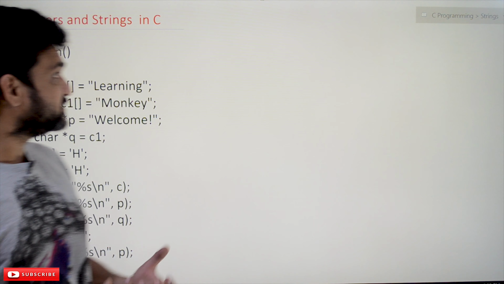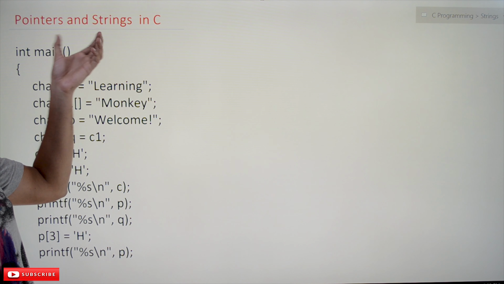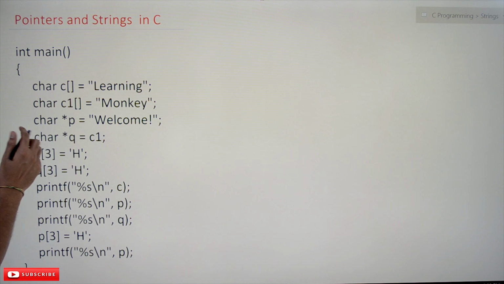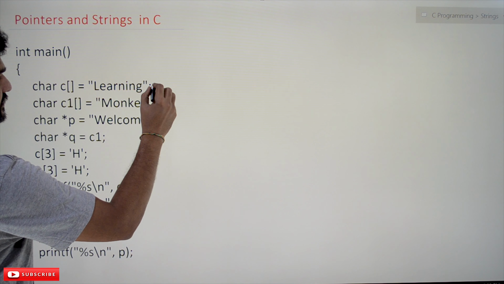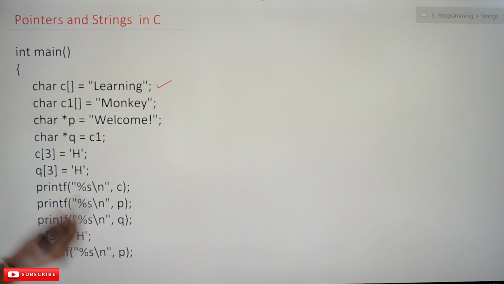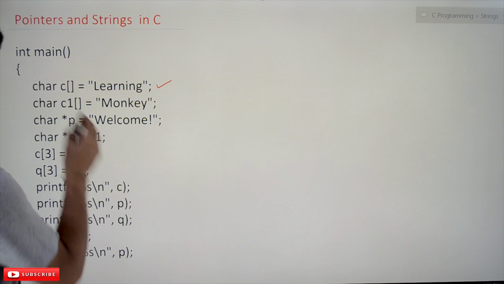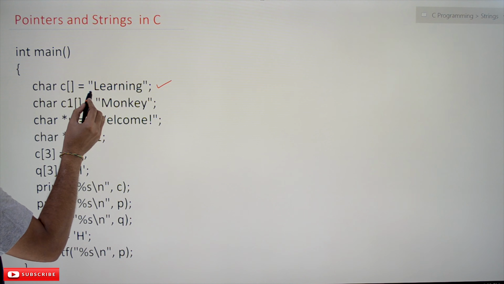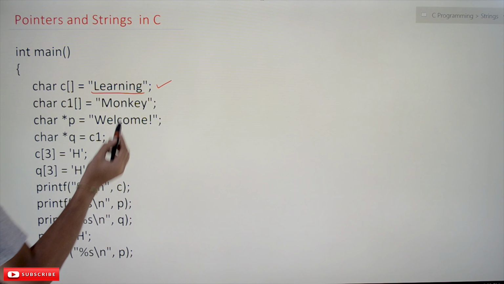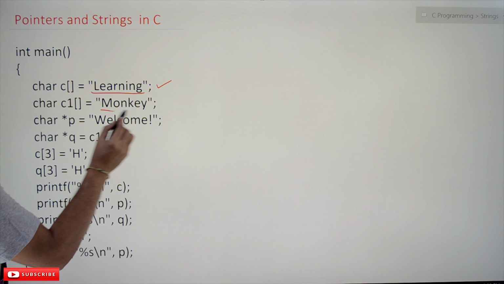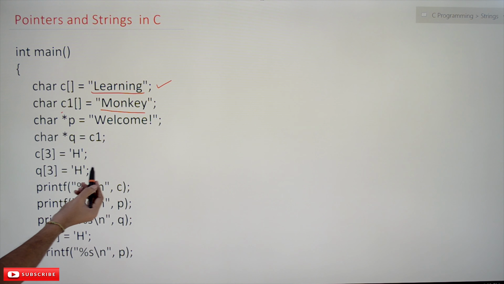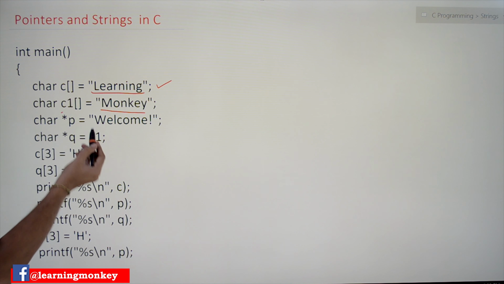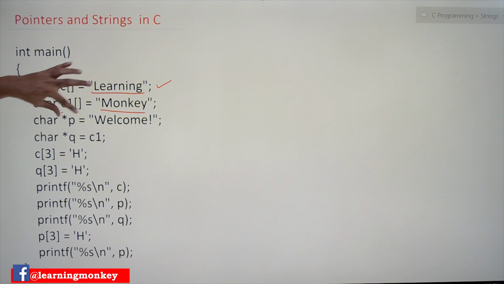So let's try to understand the concept of pointers and strings with this example. In this example, we have created a character array, in the sense it is a string. In that string we are given "learning", and the second character array C1, in that we have given "monkey", and the next one is a character string pointer.